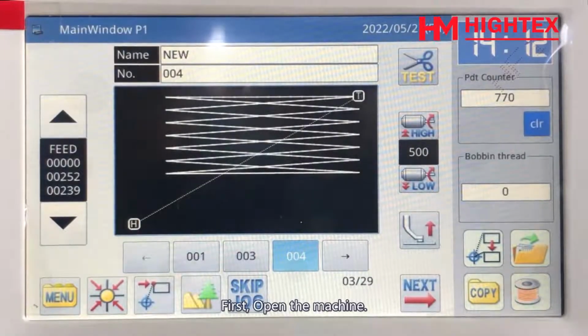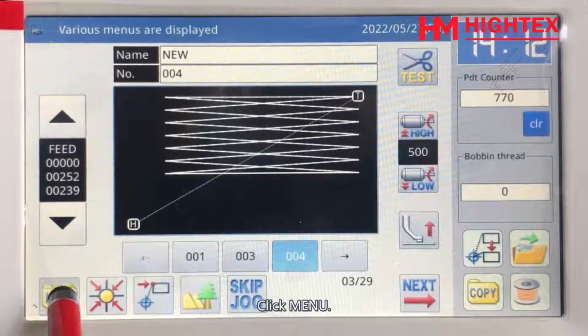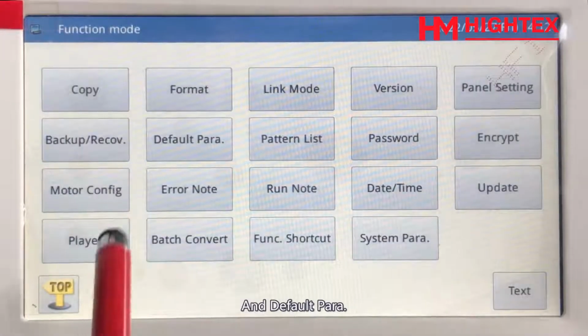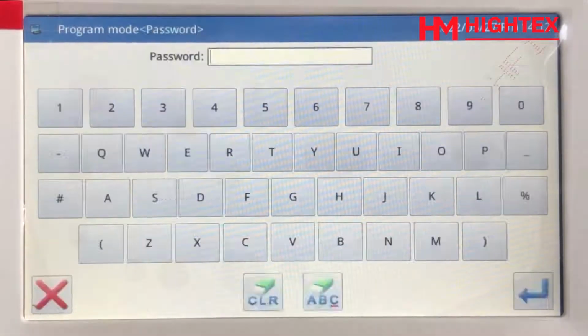How to recover the user parameter. 1. Recover default parameters. First, open the machine. Click Menu, Function, and Default Paragraph. Input the password